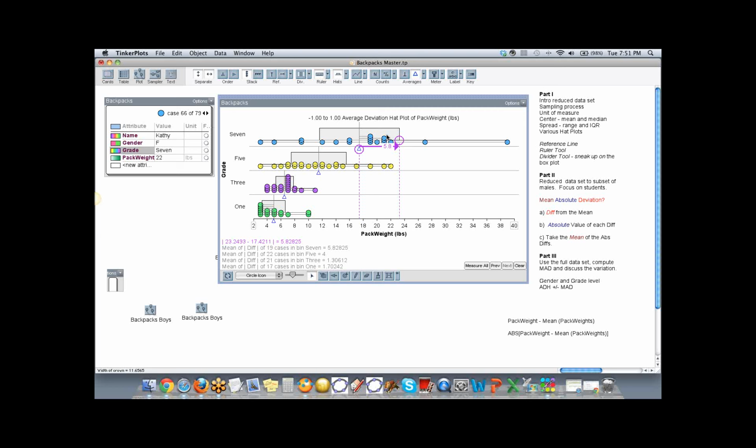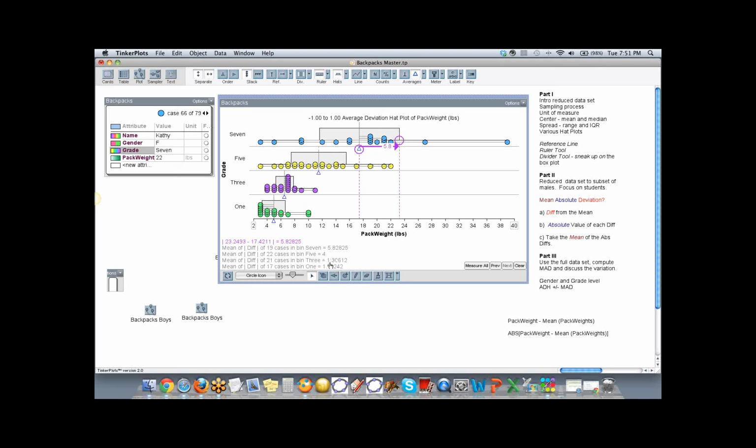So I'm looking to the chat pod. We're looking at 7:51, so we only have a few minutes to kind of wrap this up and see what kinds of questions people have. I'm going to keep talking for just a few more minutes here. If we look at the mean absolute deviation for 3rd grade, how does that compare to 5th grade? How does that compare to 7th grade?